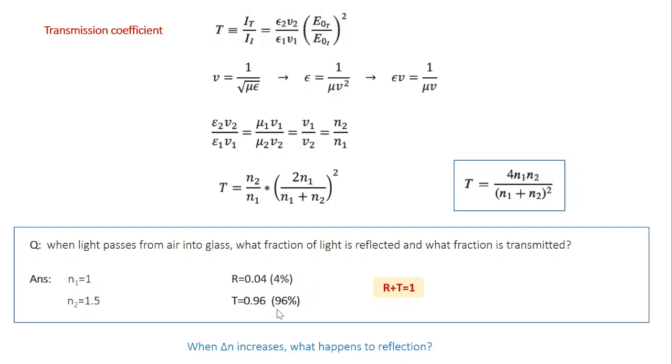Because this is practically important. There are situations where you need to decrease the reflection. For example, when you look at the glasses on your spectacle, sometimes you use anti-glare glasses, which essentially have decreased reflection. Or you have monitor screens which are anti-glaring in nature. There also you need to decrease the reflection. So how do you decrease the reflection? You get a clue for that from the answer to this particular question. So please do that as an assignment. Okay.